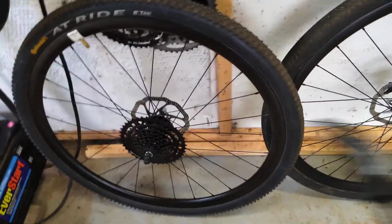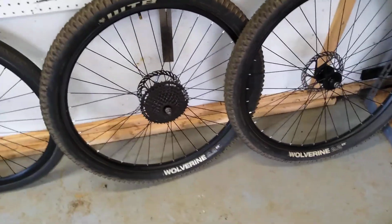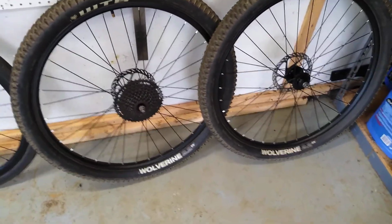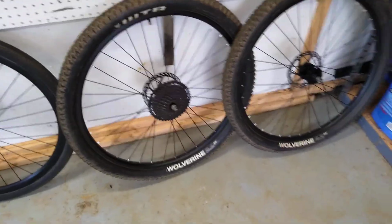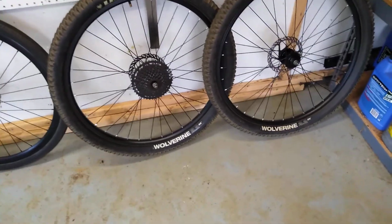But this wheel set is 9¼ pounds, all inclusive, the whole thing there. And the stock one is 14 pounds. So you're saving about 4.5 pounds to switch out the wheel set. And it's funny how it changes the entire character of the bike. With those stock wheels and the big WTB Wolverine tires, which I love, by the way,